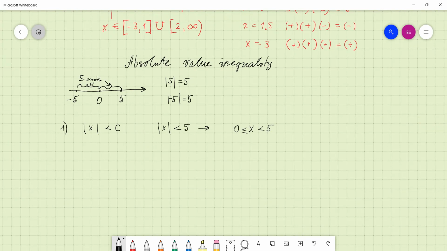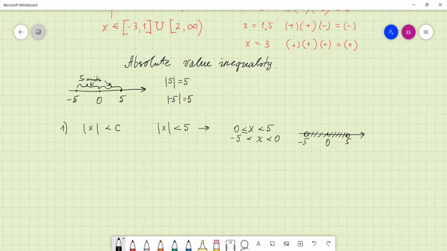Well, negative x's are going to work here. For example, -1: if you apply absolute value it is 1, less than 5. I'm going to write down what negative numbers are going to work here: -5 less than x, and x less than 0. So all numbers from 0 to -5 are going to work here also. If you look at these two inequalities, they're going to cover the interval. If this is 0, if this is 5, if this is -5, circles,